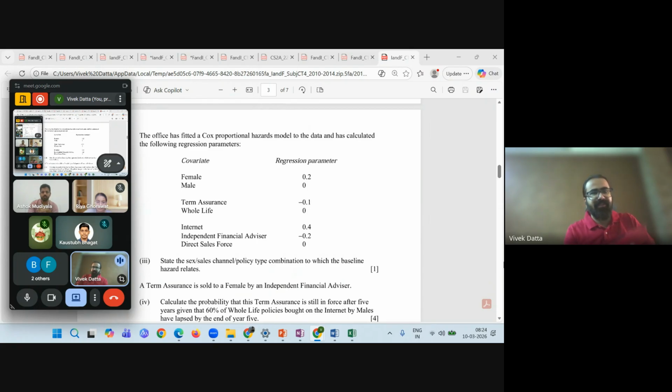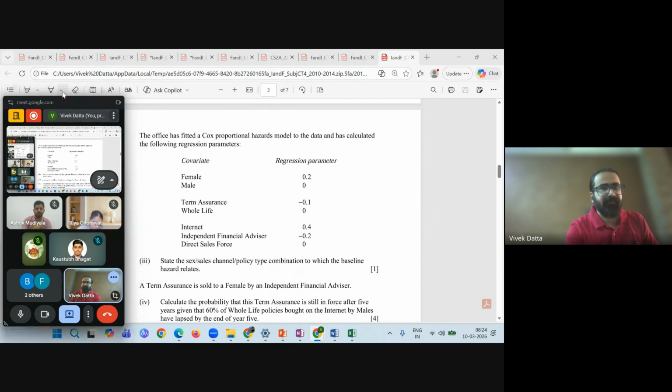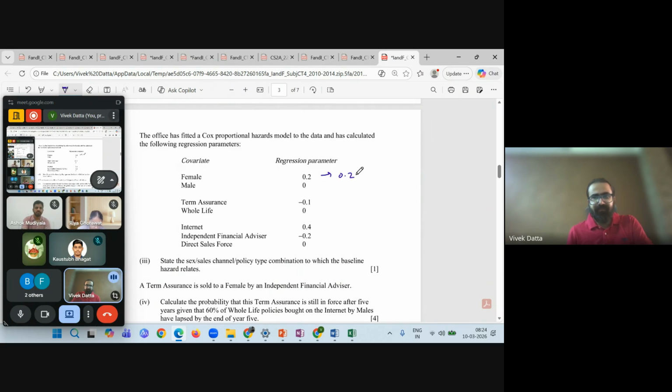How will these values come? These values are nothing but 0.2 into 1, this is 0.2 into 0, minus 0.1 into 1, minus 0.1 into 0. Now here,